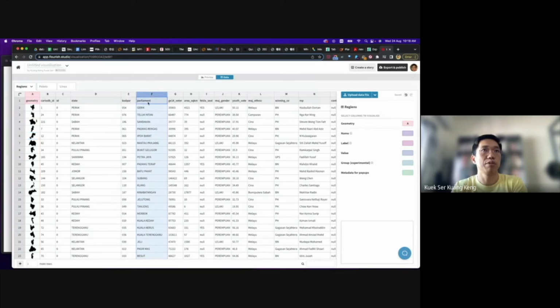There is the parliament name of the constituency, the code, which state it is in, how many voters in the last election. This is not very relevant for the upcoming election. The area, how big or small it is, whether it is a Felda seat or not, I won't believe 100% of this data. Oh, by the way, this map file is from